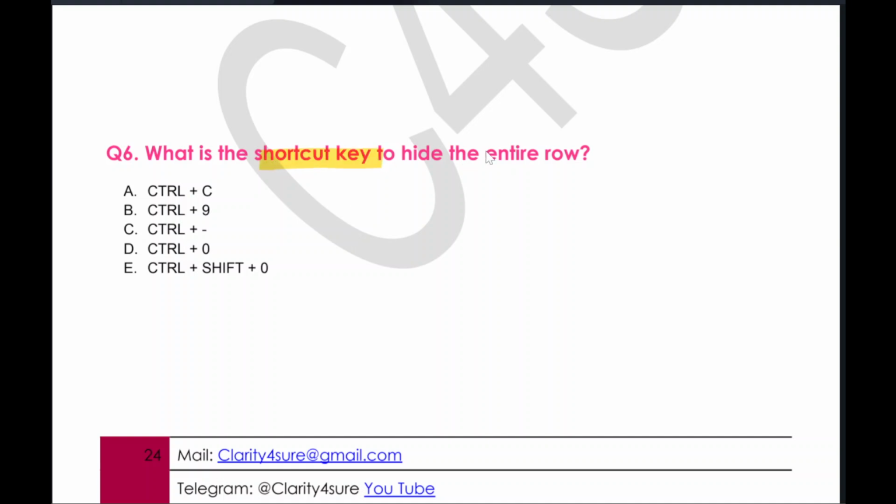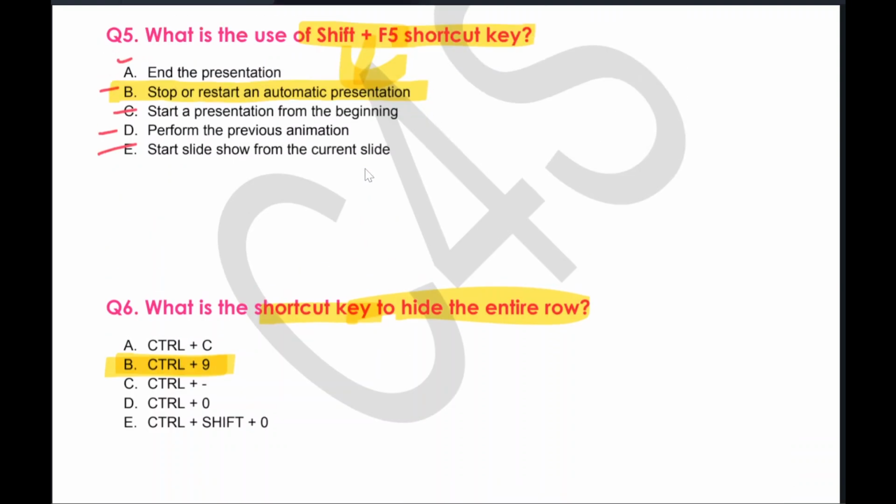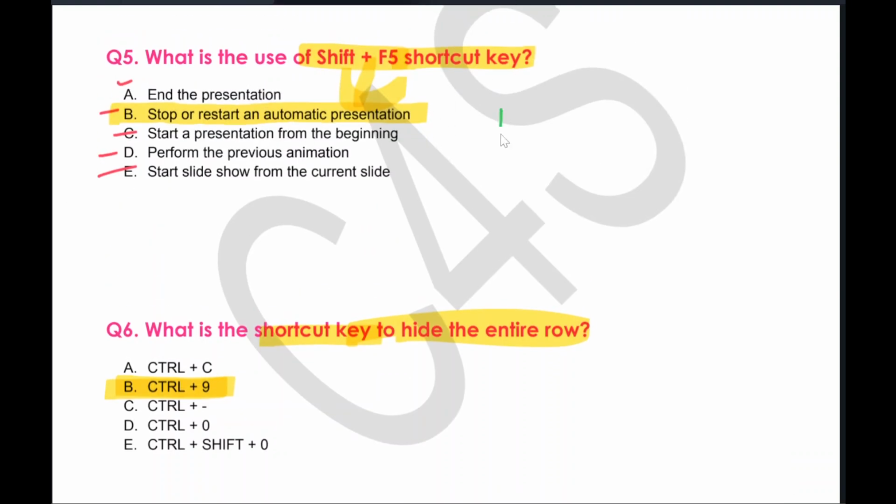What is the shortcut key to hide the entire row? It is Control plus 9. So for all these keyboard shortcuts,